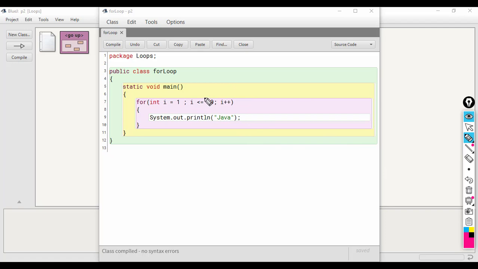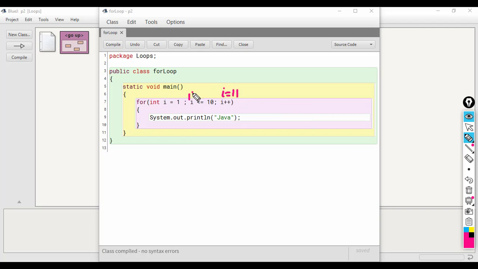Let us say the value of i is 9. 9 is less than or equal to 10, control comes inside, and this will print Java for the 9th time. Now i will become 10, control comes here, 10 less than or equal to 10, control comes inside because the condition is still true, and Java will be printed for the 10th time. Now again the control will come to the update part, and i will become 11.